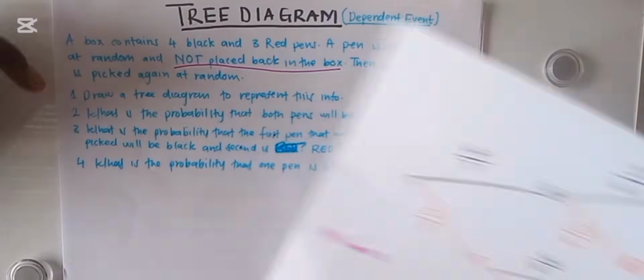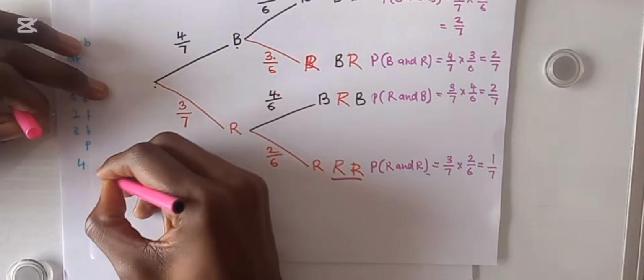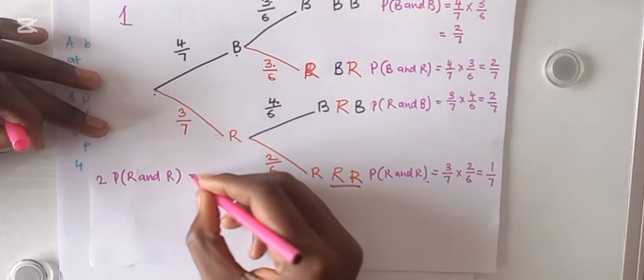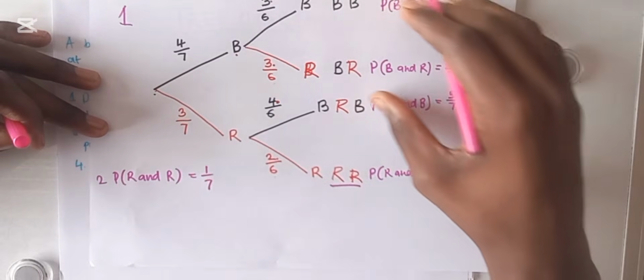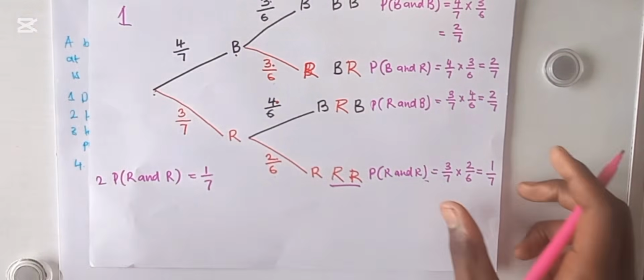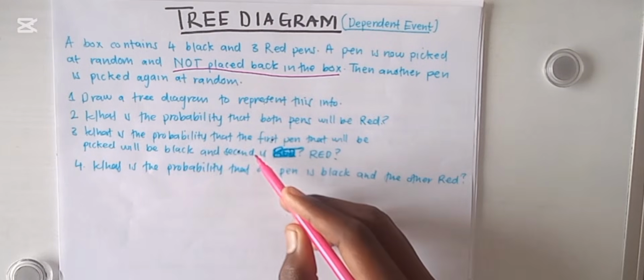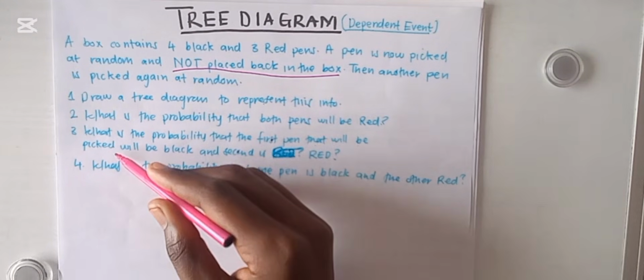This is number 2. So this is number 2. So this one is what? For red and red, we already calculated it here, it is 1 over 7. So when you calculate this kind of stuff before answering the question, it's going to be very, very easy for you. So then they say, what is the probability that the first pen